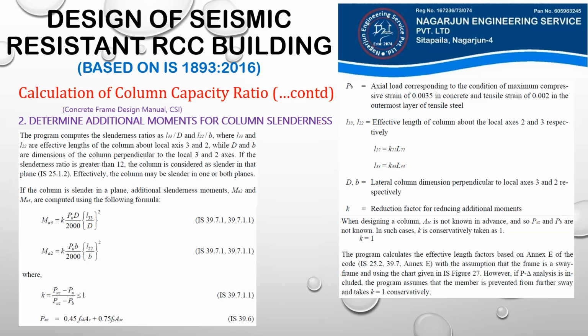Determine additional moment for column slenderness. We saw that even for columns with uniaxial loading, there could be some additional moment due to minimum eccentricity, and we had to design for that minimum moment also. In the next case, some additional moments may be generated in the column due to column slenderness. So first we have to check whether the column is slender or not, and if the column is slender, then we have to find the additional moment that may occur due to the